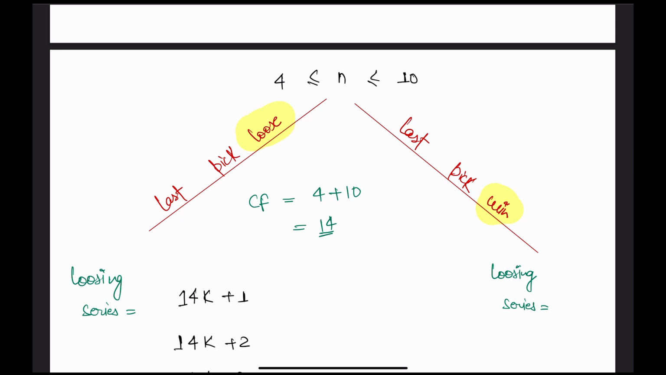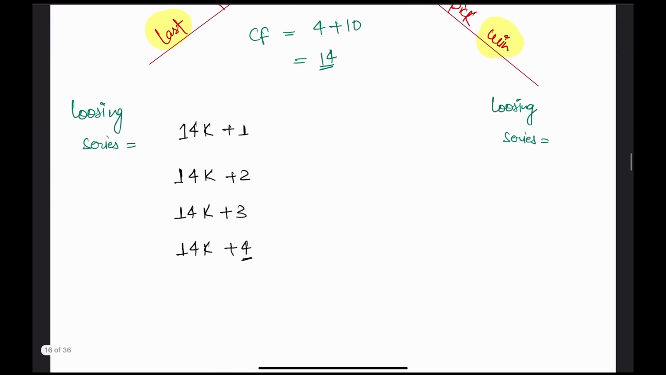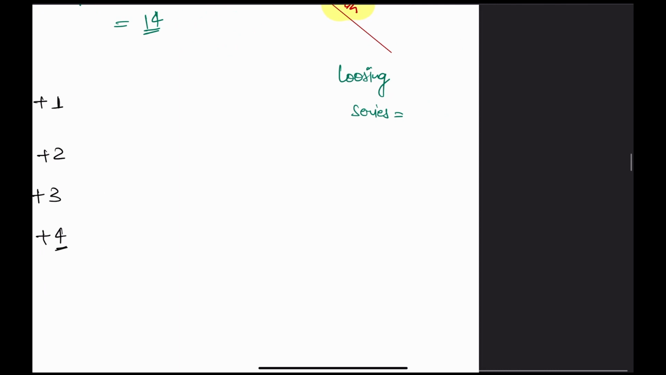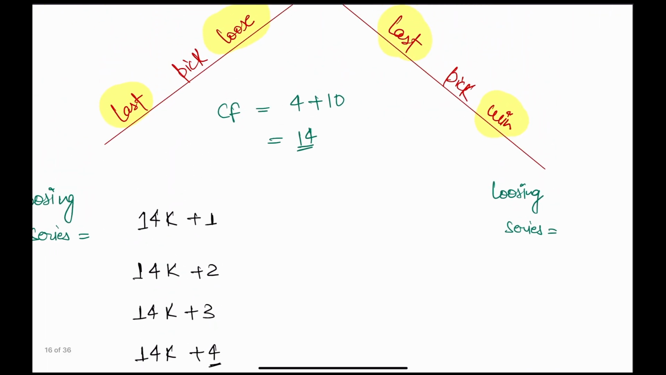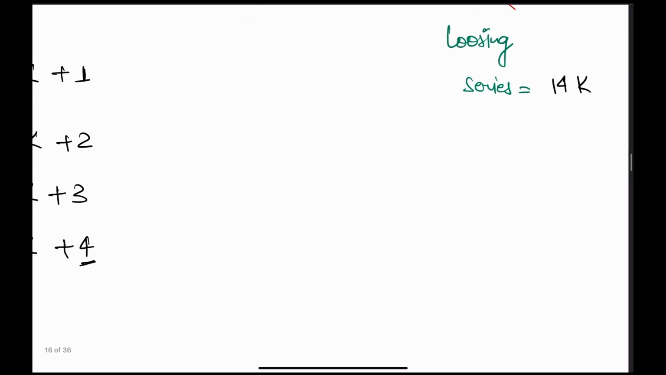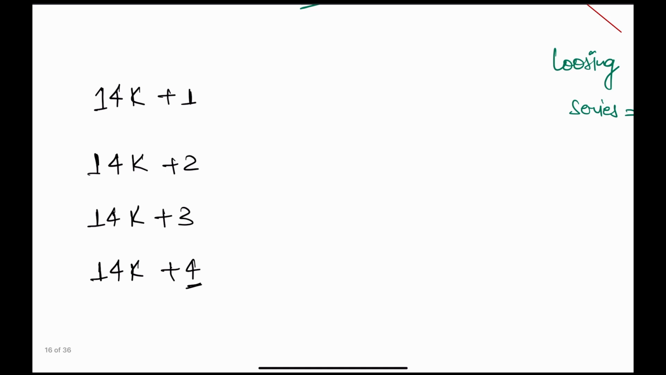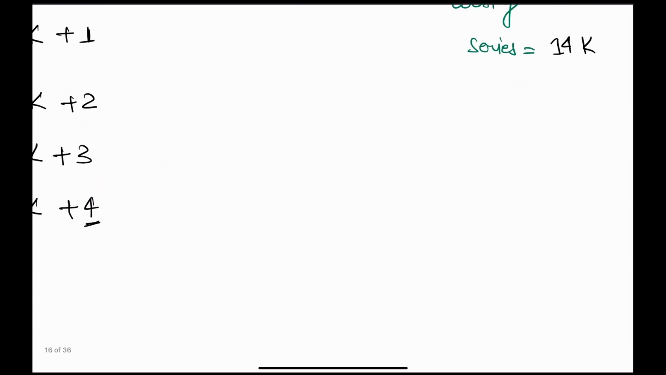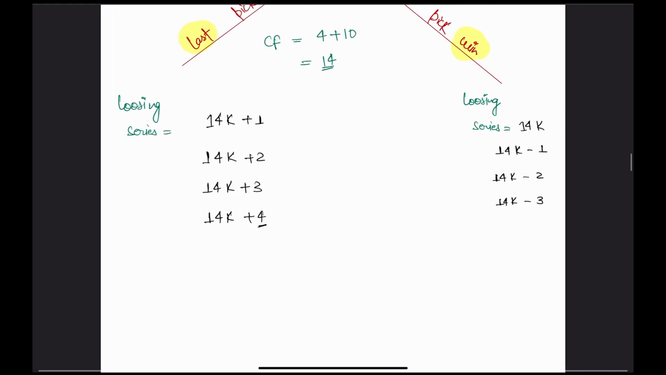Let me just highlight this last part, last pick lose or last pick win. Similarly for the losing series, when the last pick wins, it will start from 14k, that is the difference. Here it started with 14k plus 1, but here it will be 14k minus 1, 14k minus 2, 14k minus 3. So if we understand this,